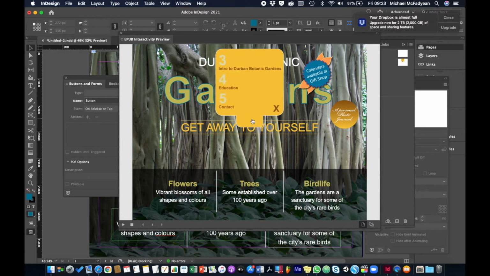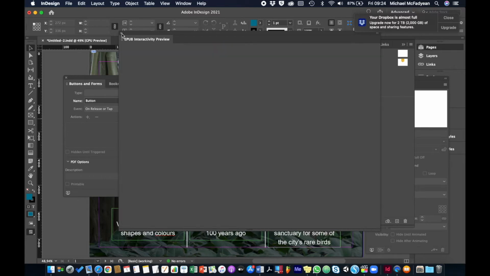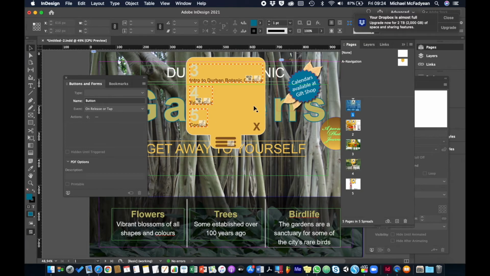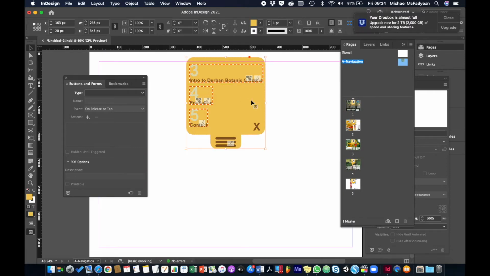So that's in, and then away and back again, in, and then away and back again. Okay, so we're getting there. So the next thing I want to do is for this panel, I keep forgetting to go back to the master page. For this panel, we're going to add the animation,